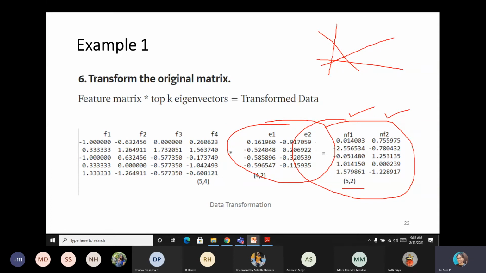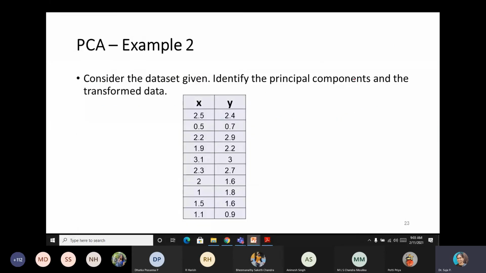This is the eigenvector, and these features are actually being scaled. These features F1, F2, F3, F4 are now scaled by this eigenvector values, and we obtain this. So they also will be in the same principal component line. If I plot these, they will run perpendicular to each other. I will show this in the next example also. So that's all with the first example. Now we will see one more example with 2 features.